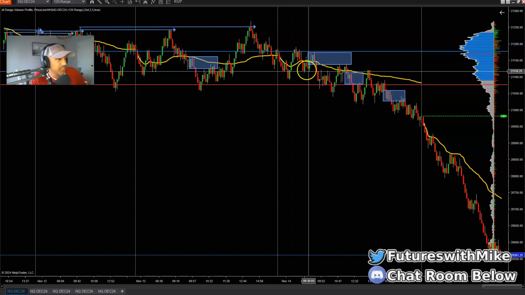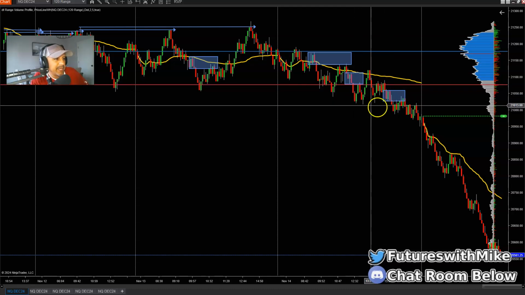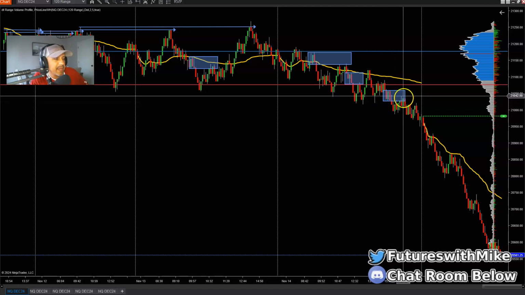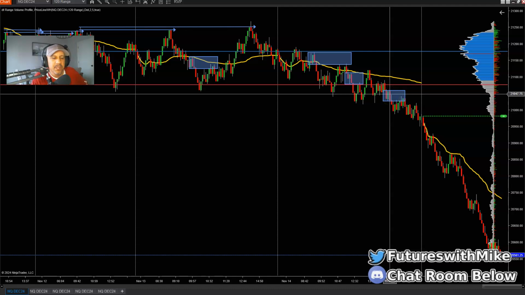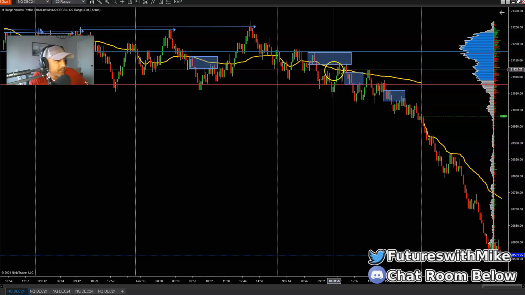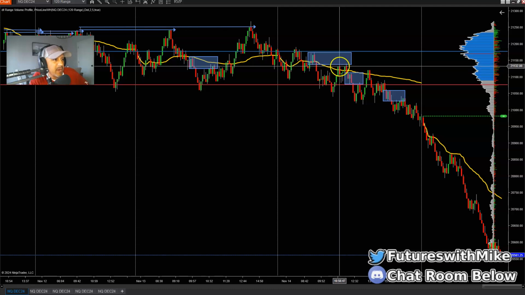So push down here, came back, push down, came back. Then it came back down below this area here, and it broke structure below this area here. It came back, look for opportunity at supply. So there were 1, 2, 3 areas of supply. Now again, I'm not taking my trades. This was on the 14th. This was at 11:25 or 11:45. Right here, I do recall that when it tapped here at about 11 o'clock,